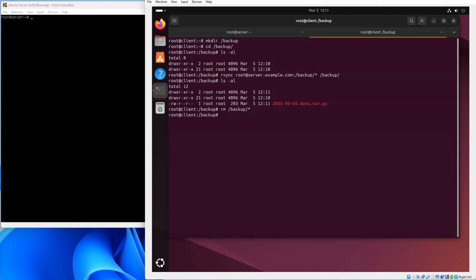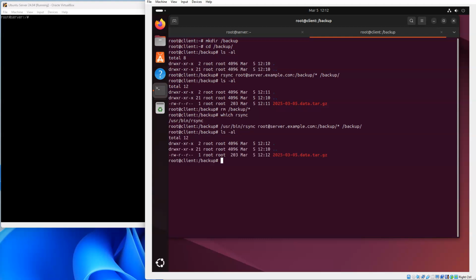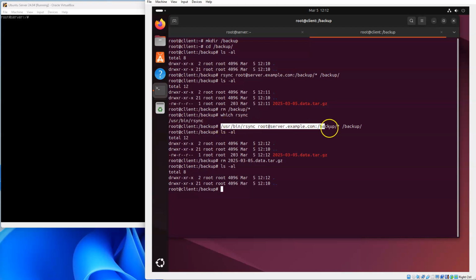So I'm going to do a which on the rsync, just looking at the absolute path name of the command. So /usr/bin/rsync. Nothing here has a command in it, so I can run that. I can take a look at the backup directory, which is actually my current directory. I can see the file is there, which is great. I can remove the file. See it's gone. All right, now I could write a script to create this, or I can just put this